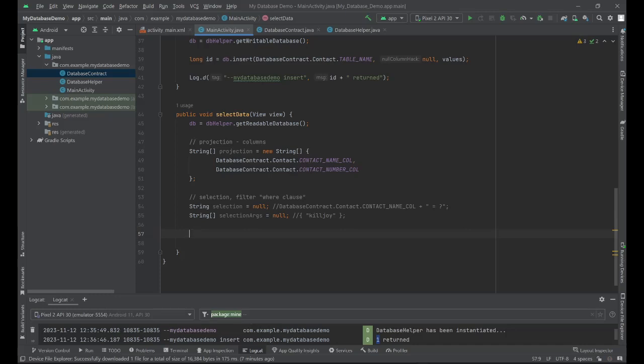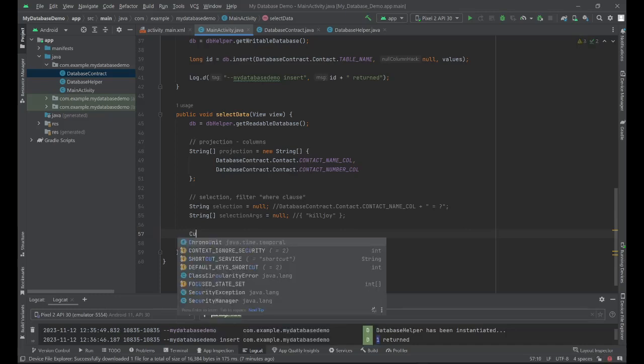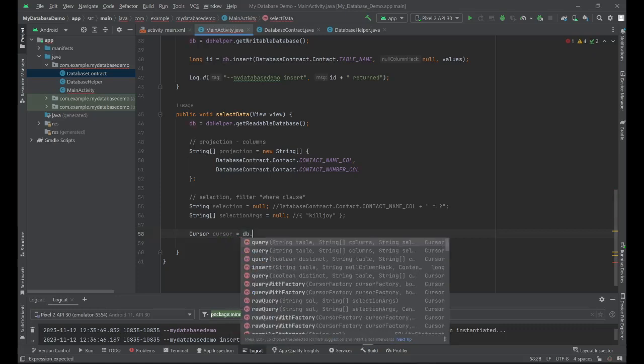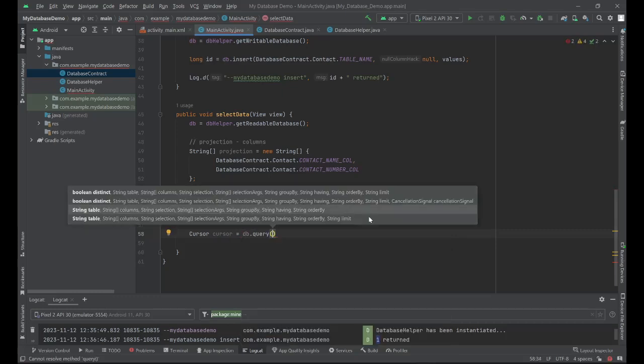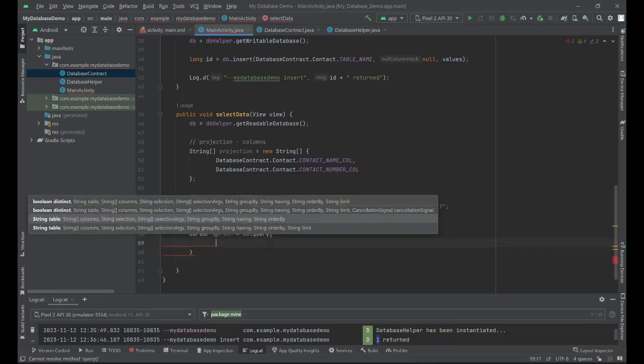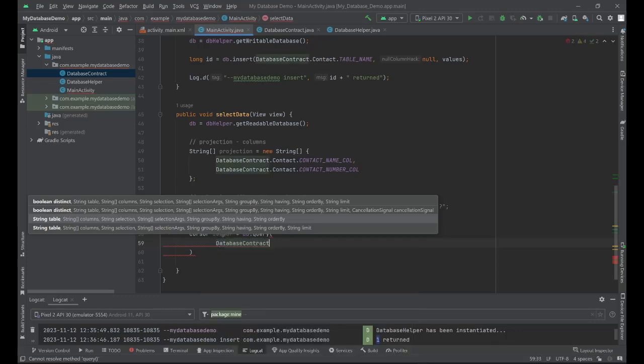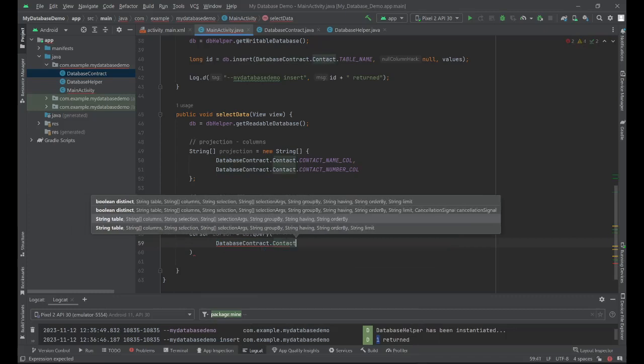SQLite, you will be calling the dot query method. So it will return a cursor. So cursor equals db, our database readable, and then perform query. And then you can see here all the parameters. So you need to add the table. So we call the database contact class again, contact, and then the table name,